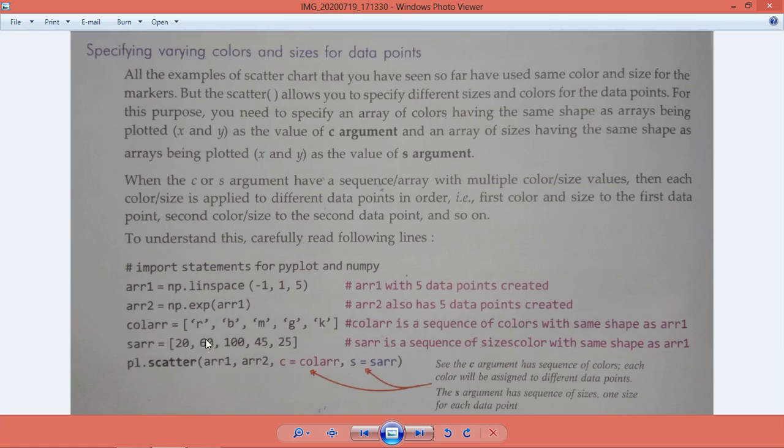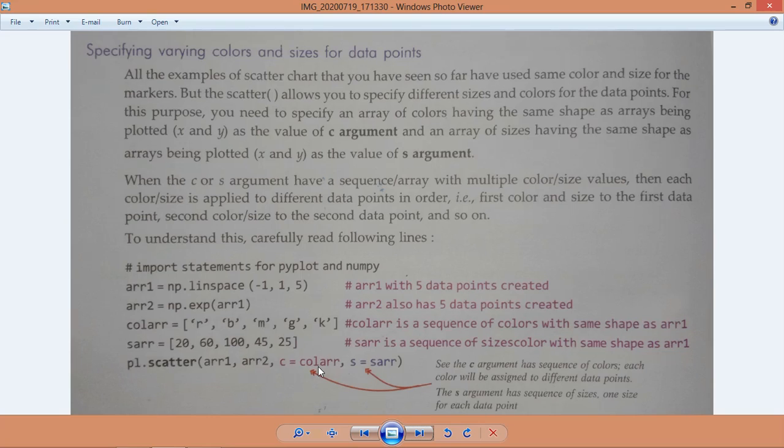In the same way sizes are given in a list, 20, 60, 100, 45, 25. This is also a list and this has been given in this variable. So size and color, these two lists have been created, and then the chart is being displayed with the color array and the size array.